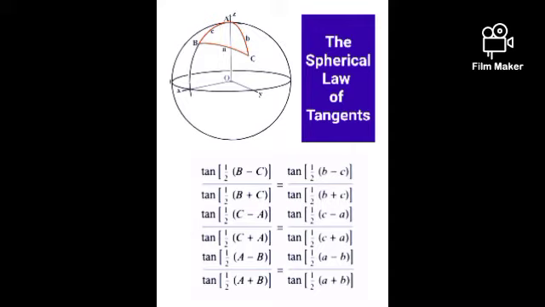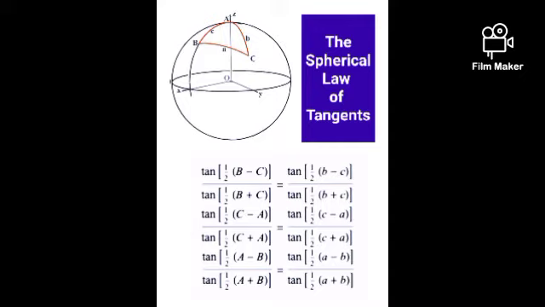which are small letters b and c. Hence, by the spherical law of tangents, the ratio of the tangent of 1/2 the difference of angles capital letters B and C and the tangent of half the sum of the angles B plus C is equal to the ratio of the tangent of half the difference of the sides small letters b and c, b minus c, and the tangent of half the sum of b and c, b plus c. Now, if you are considering the angles C and A,